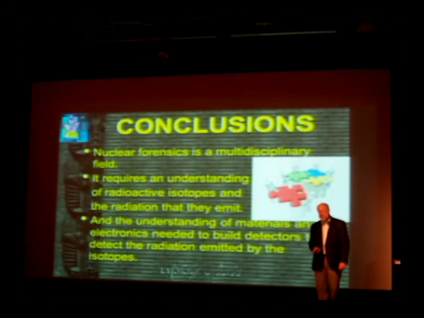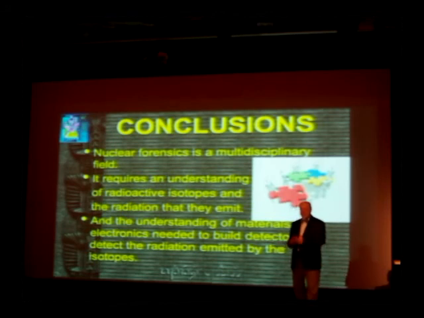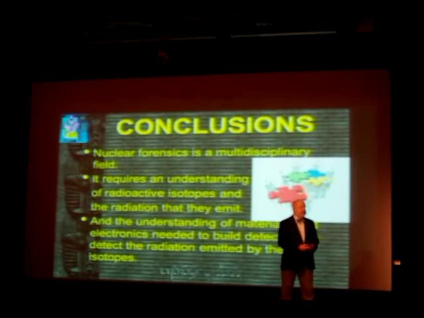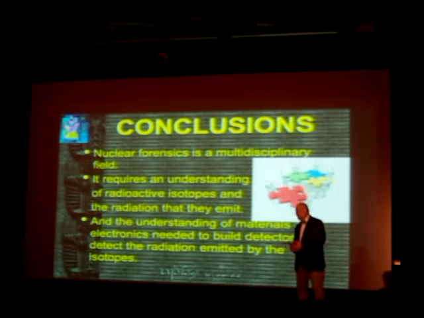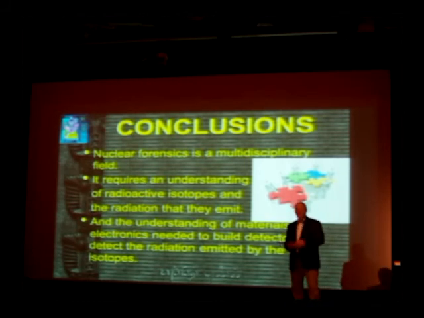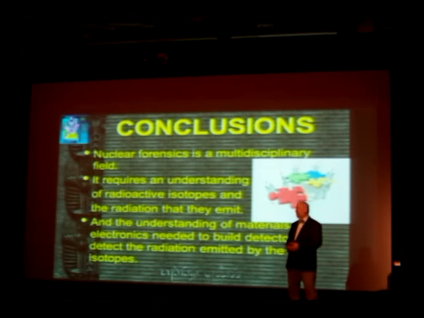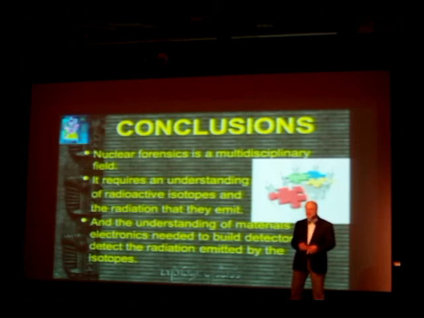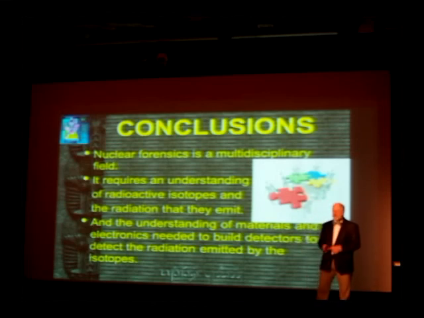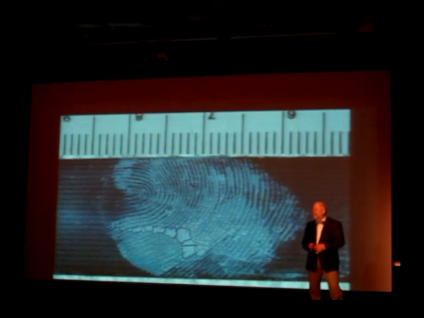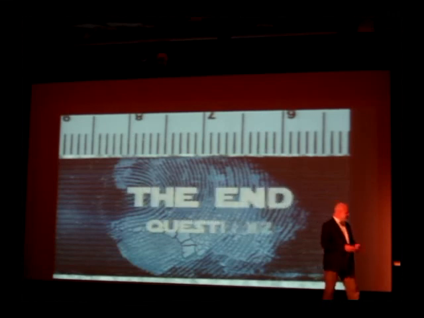So, conclusions. If you want to do nuclear forensics, you've got to know a lot of supporting sciences, because it's multidisciplinary. You've got to have an understanding of the radioactive processes, the types of radiations that are emitted, and how to detect them. And you've also got to be able to understand all the electronics necessary to optimize those measurements that you make. And I showed you one example when we were looking at the gamma emissions. You've got to choose the right detector for the right job. If you use a low resolution device, you could miss something very important. And that brings me to a very brief tour of nuclear forensics. And I think we